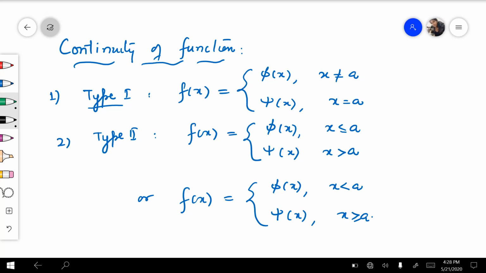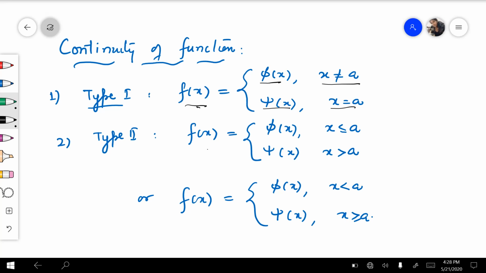Welcome again. We have discussed the continuity of a function at a given point in our previous two videos. In those videos, we discussed the continuity of a function when f of x equals phi of x when x is not equal to a, and f of x equals psi of x when x equals a. And in the second video, we discussed the continuity of a function when the function is of